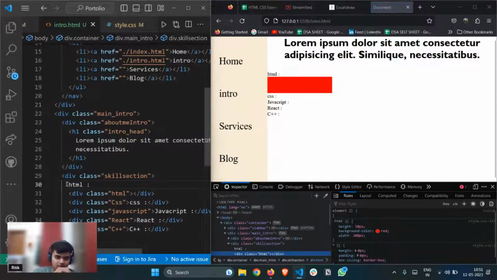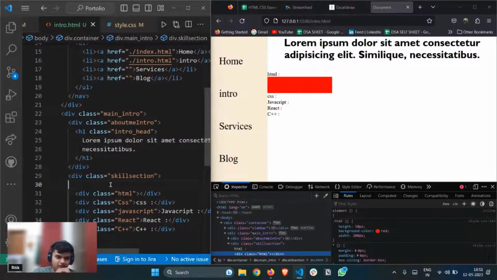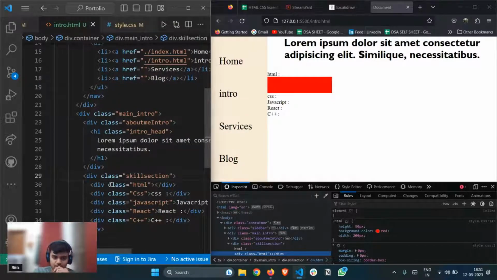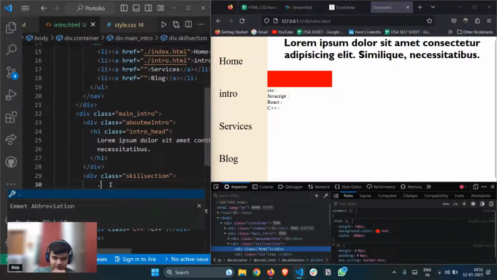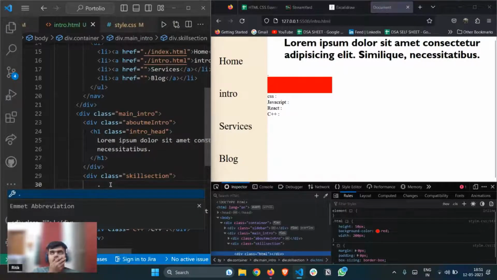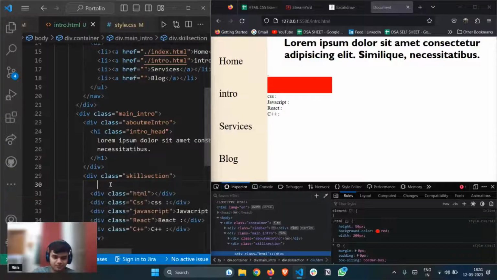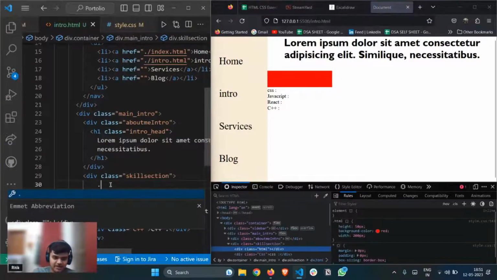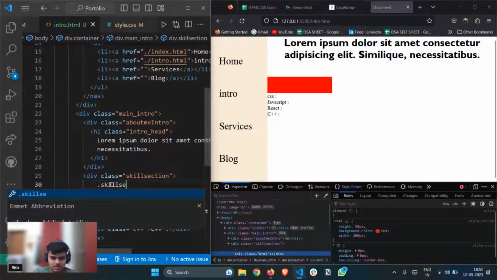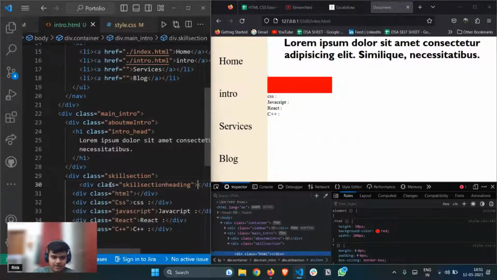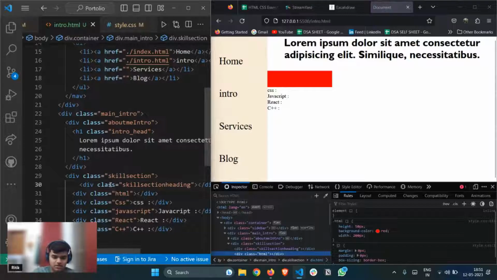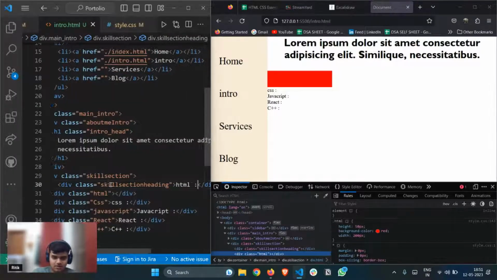Like this. Or so for that, let me remove it from here and let me make another div. So div dot skill section heading. Okay, so this is HTML